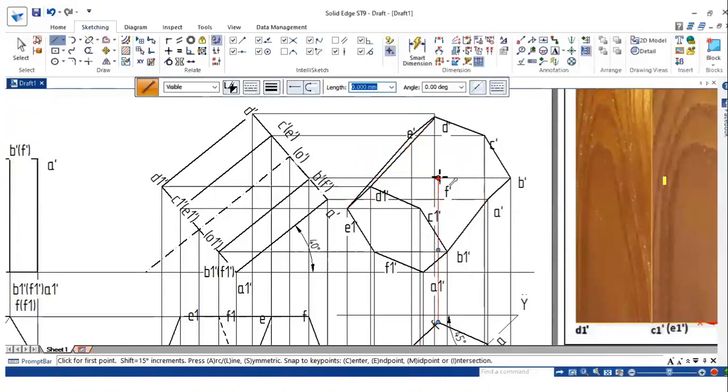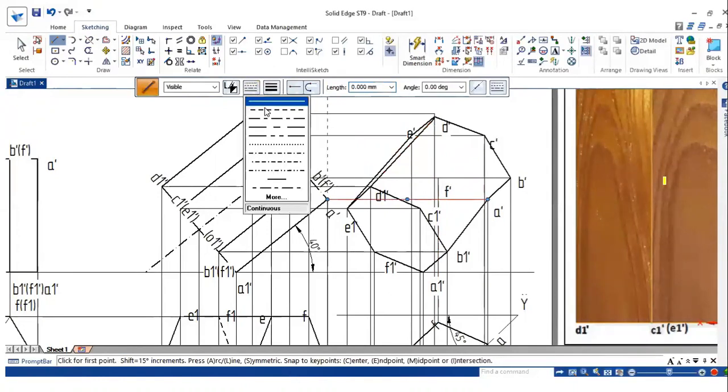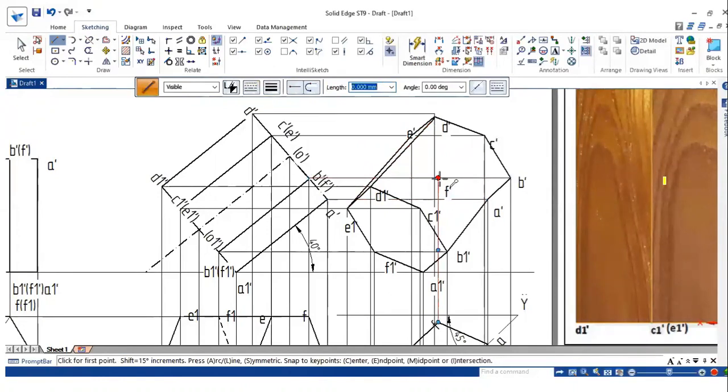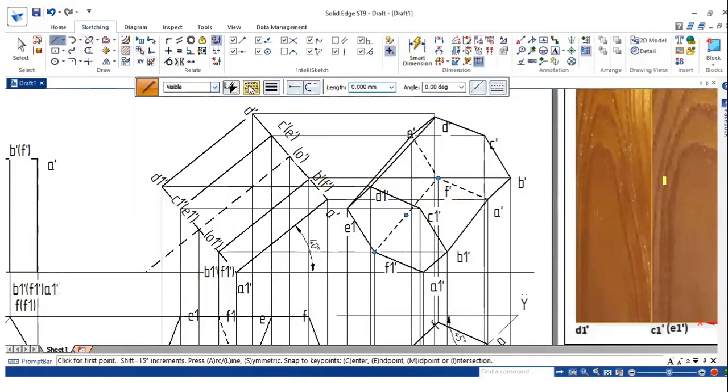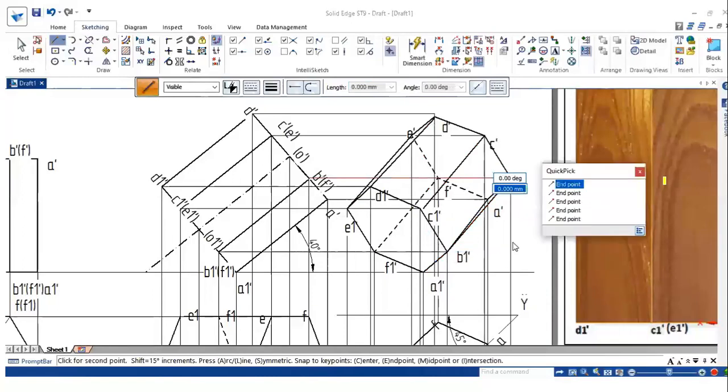Then the F dash is the point which is not connected to anything. So the lines emerging from that, E2 F dash, F2 A dash, and F2 F1 dash, will be hidden. All other lines will be visible. So C1 dash to C dash will be visible. B1 dash to B dash will be visible.